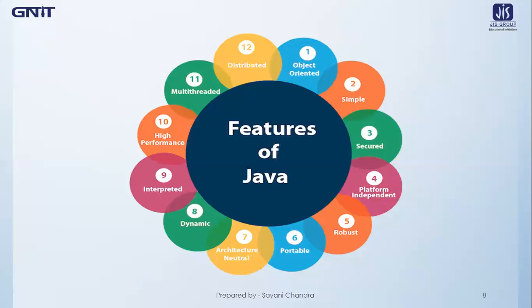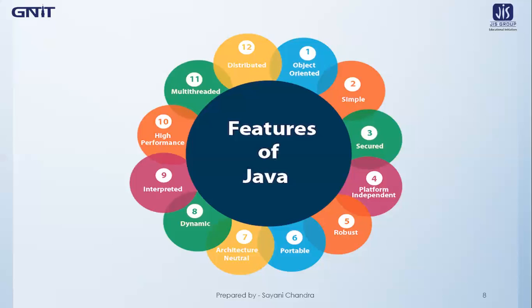Java is interpreted. That's because Java uses an interpreter to produce the output. Normally, we have seen in C and C++ languages that only a compiler is there in order to compile and run the program. But in case of Java, we will see that there are a compiler as well as an interpreter. Compiler and interpreter both are used in case of Java in order to run a program. That's why the Java language is called interpreted.